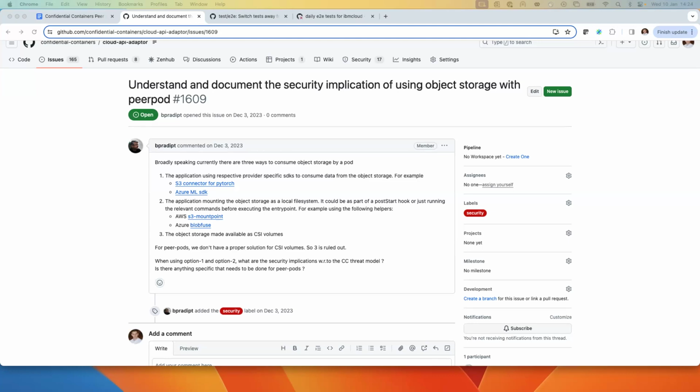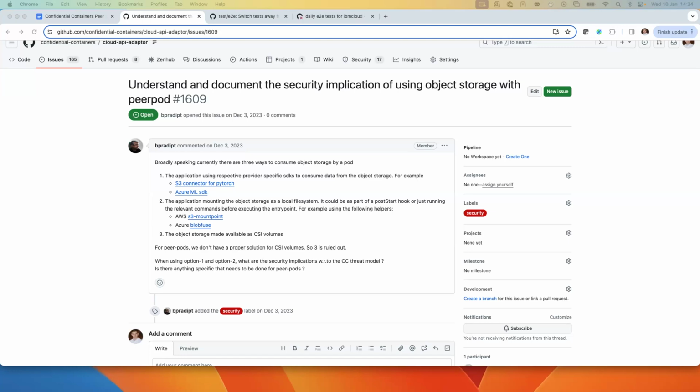Another option we tried successfully is to have blobfuse or Mountpoint for S3 as part of the pod VM image itself to mount the relevant blob storages.